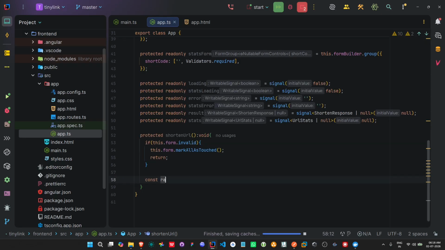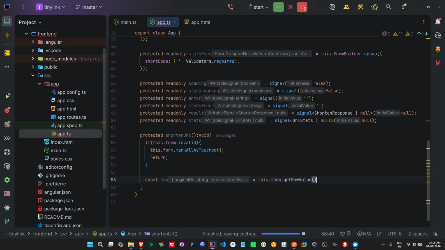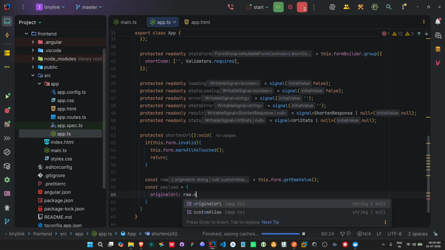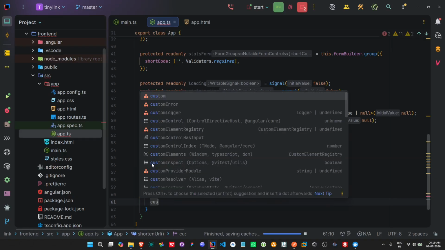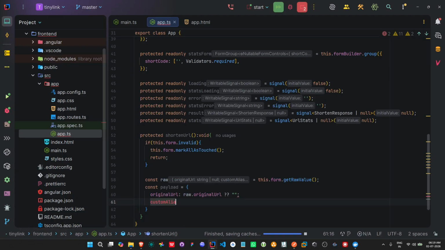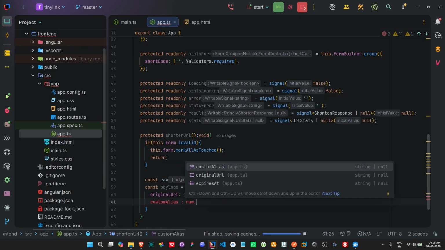Then let's get the value from the form. We say this dot form dot get raw value, like this. Let's create the payload. Payload will be original URL, like this. Let's get it from raw. If it's not present, then we can just add empty, like this. Okay, and then let's do a custom alias, and raw dot